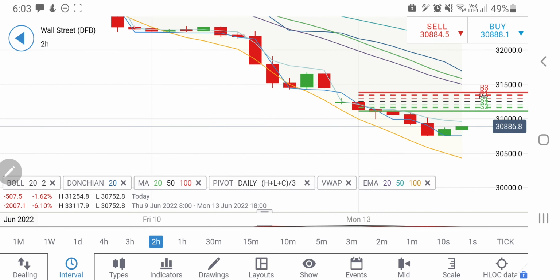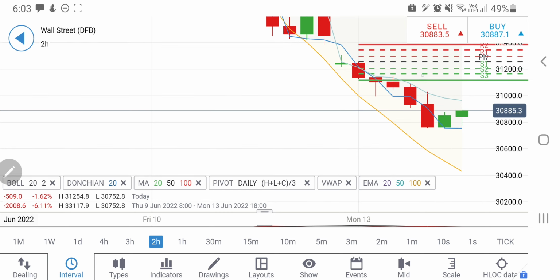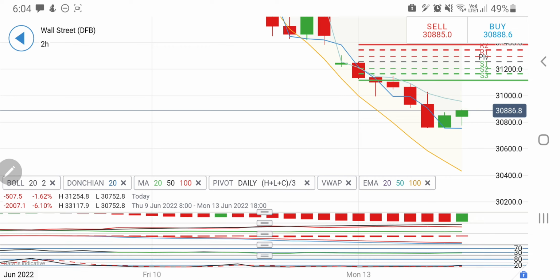See, look at the 2-hour charts. On the 2-hour charts too, it is trying to come out of this zone. There is a resistance at 30,920, and if it breaks past 30,920, one can expect 31,000. And then on the upside, there is a possibility for it to hit this zone at 31,150. So it can rise till there. Beyond that, if it trades beyond 31,250, I have told you earlier, go long and we can expect a sharper rise.